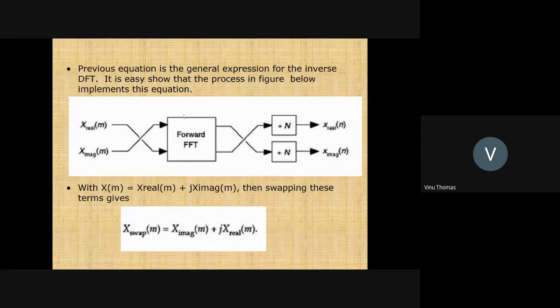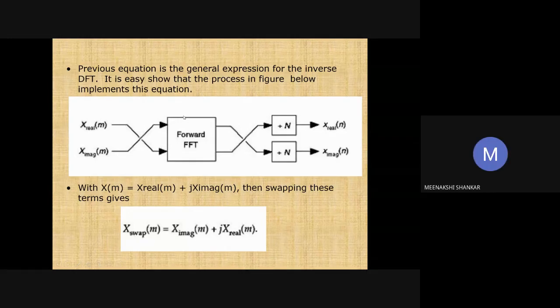So now you have seen two methods to implement the inverse DFT using the FFT algorithm. Now I will ask one of you to explain the first method, and another one to explain the second method. Now Meenakshi, please tell me what is the first method. What are the steps to be taken in the first method?